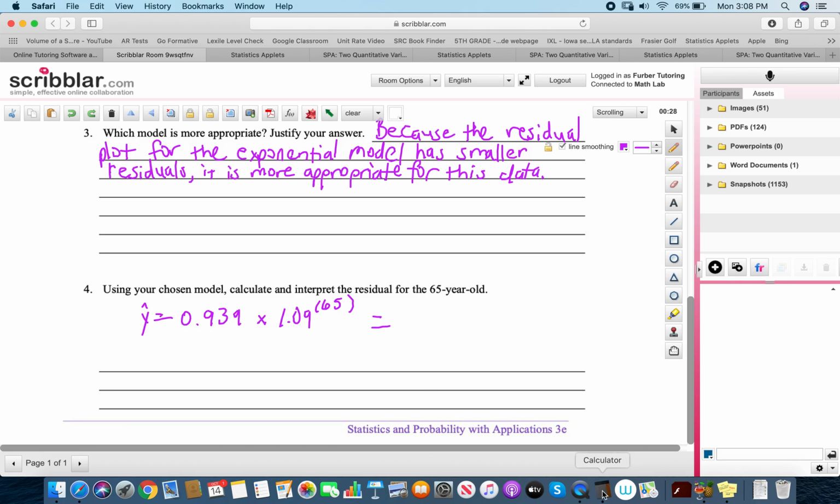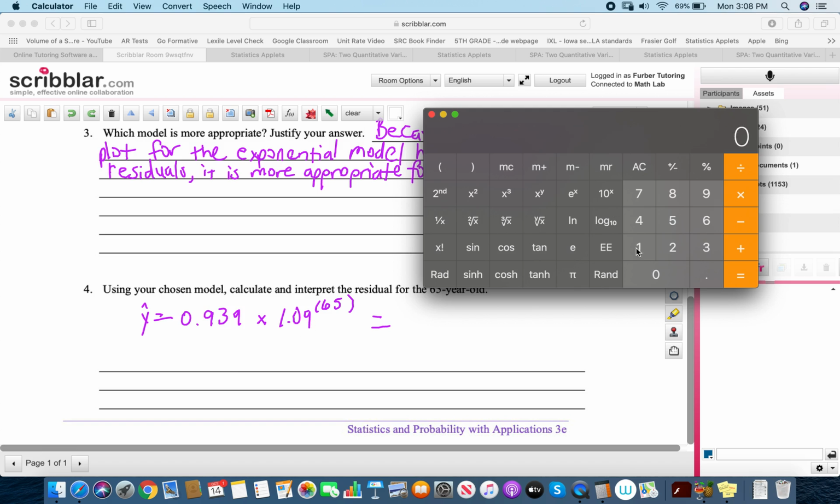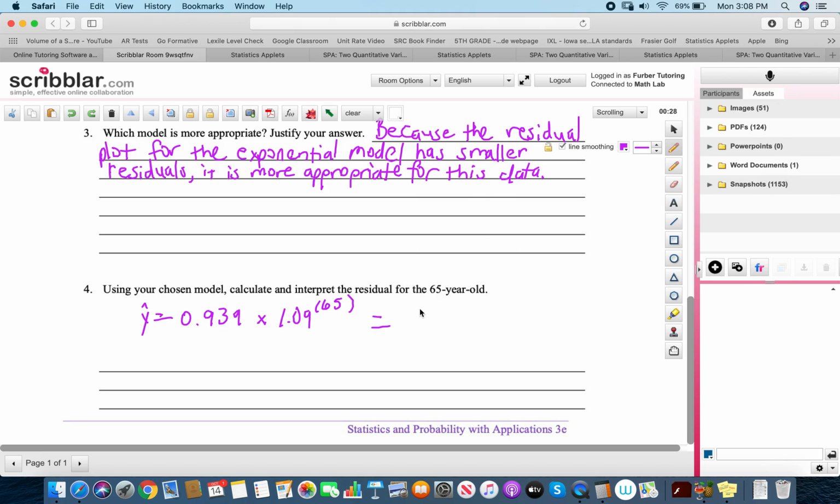So I'm going to get out my calculator. I'm going to do the exponent first. So 1.09, on the calculator on my computer, I push this button. Yours will be that caret button. Okay, so raising that to the power of 65, I get this, and then I'm going to multiply by 0.939, and I get roughly $254.32. So to interpret this, I just simply need to mention that the premium